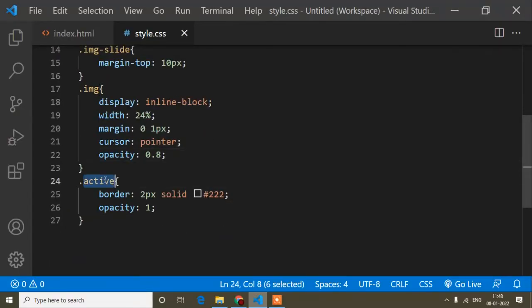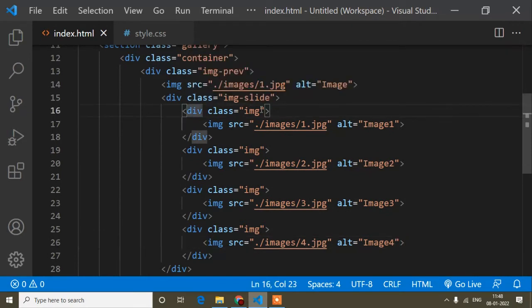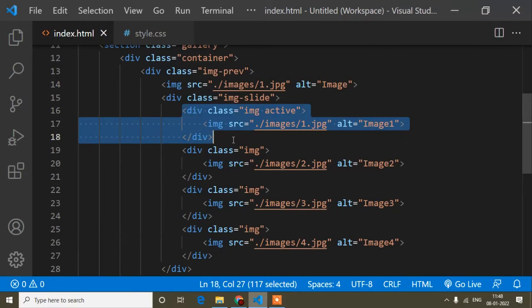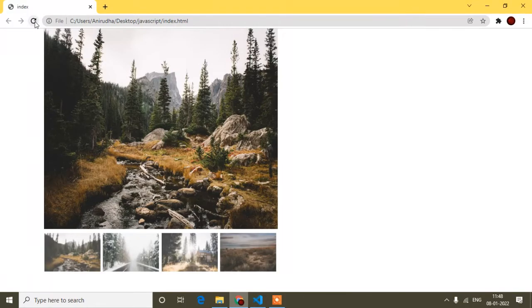And this active class here I will add just here. Okay, like this. So that means this first one will be opacity 1, and the border, because I added the active class and I have written this CSS here. So now if I save, you can see it's looking better. The user can easily understand that this first image is showing here, right? So now when I click the second image, this image should change and it should display the second one. So how can we do that?